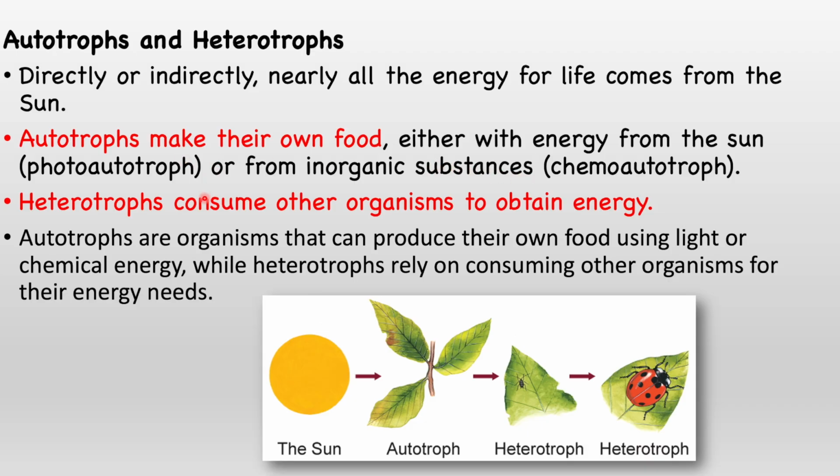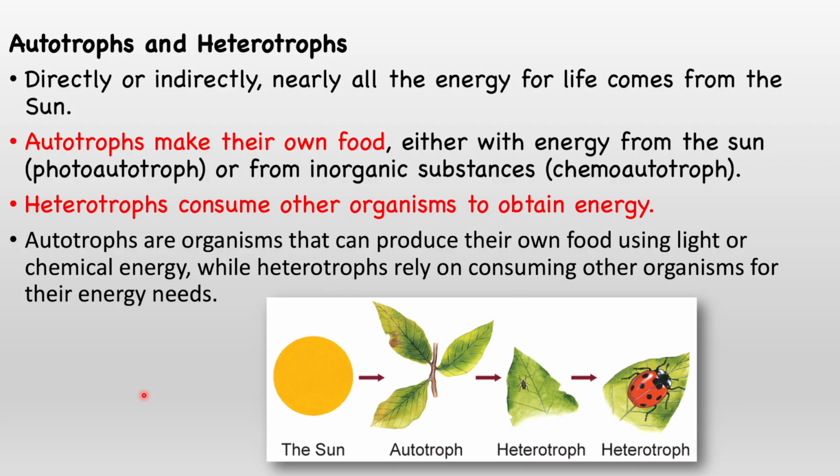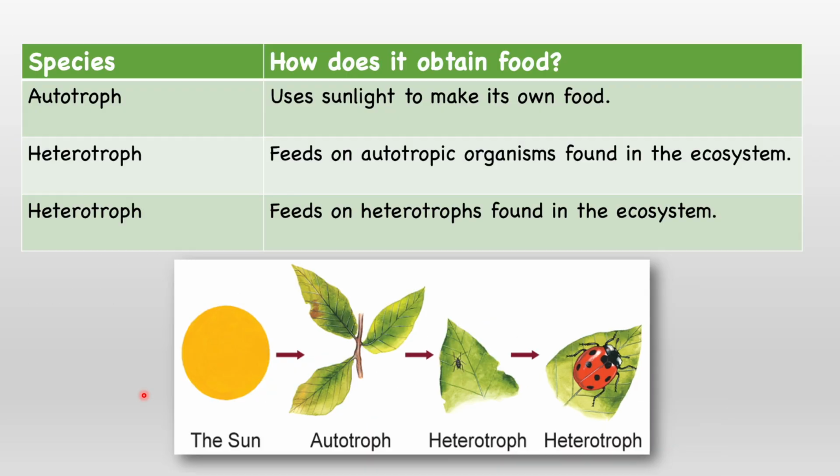Regarding heterotrophs, we have several types like omnivores, carnivores, herbivores, even decomposers and detritivores. Again, autotrophs use sunlight to make their own food. Heterotrophs may feed on autotrophs, eating herbs, like herbivores, or even omnivores, and feed on other heterotrophs, maybe